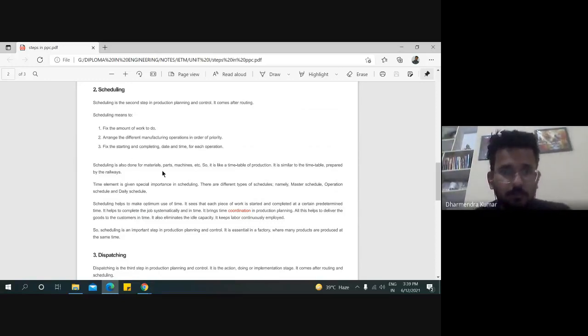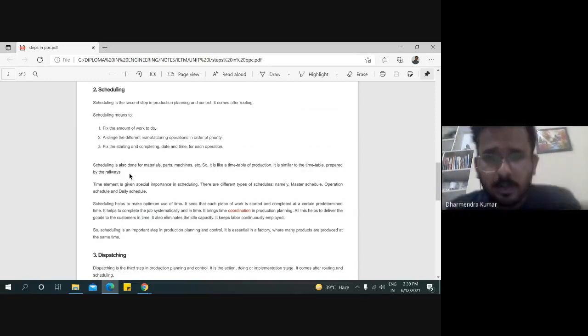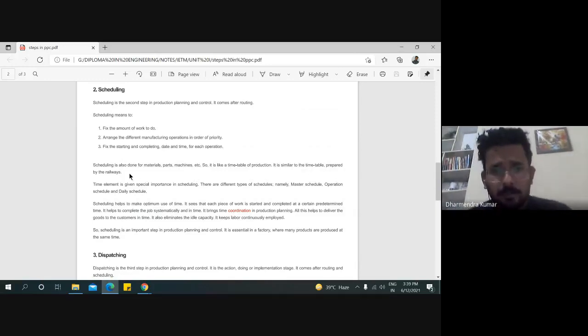Scheduling is also done for material, parts, machines. So it is like a timetable of production. It is similar to the timetable prepared by the railways. Means which train comes first. We generally see that Rajdhani is always running ahead of superfast trains, then express, then local trains.